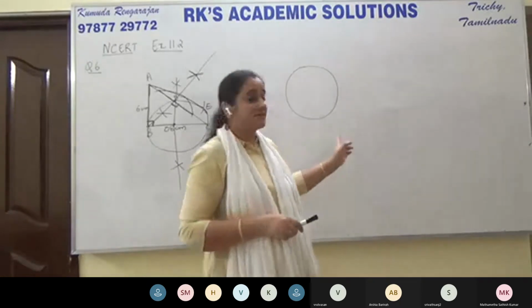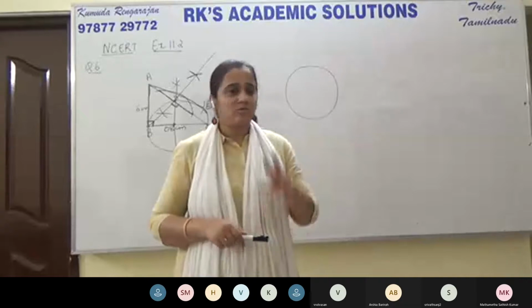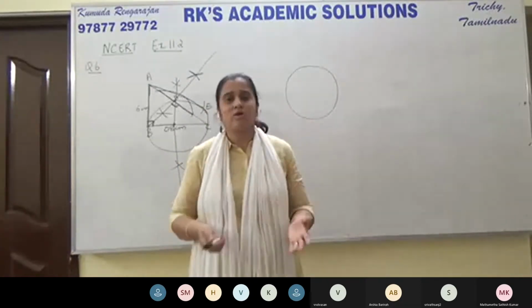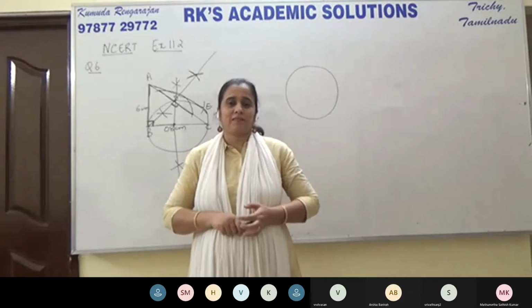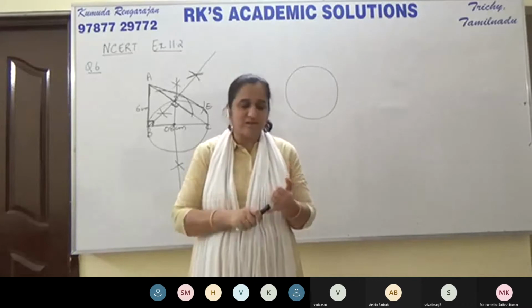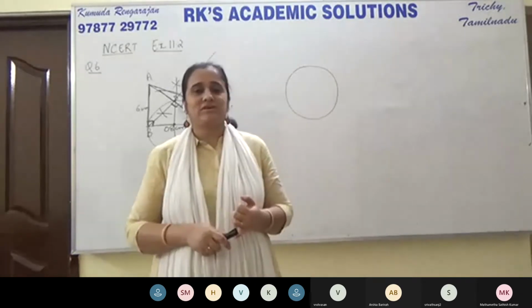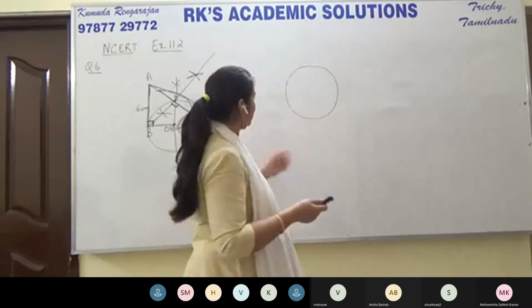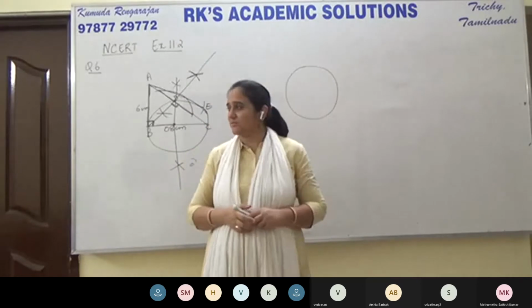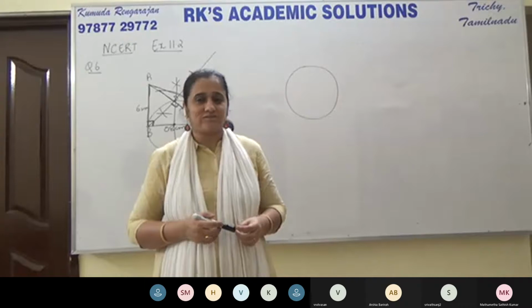Now this circle has been drawn using some circular object, so we don't know these two things. We do not know the center of the circle. We also do not know the radius of the circle. So this is the difference. You draw a circle with a compass, you know the center, you know the radius. You draw a circle using some circular object, you do not know the center. You can just guess, somewhere here, but that may not be the center also. So you do not know the center of the circle, nor the radius.